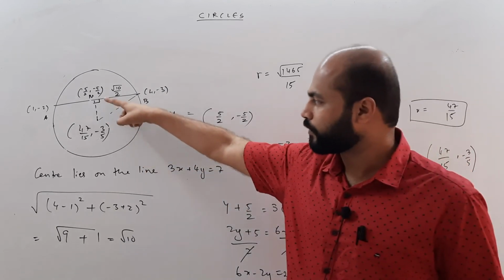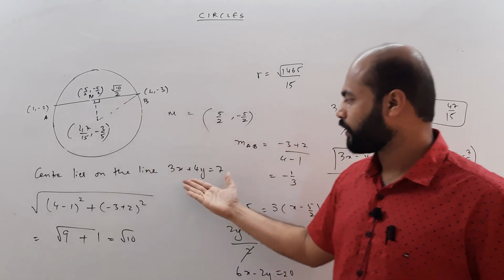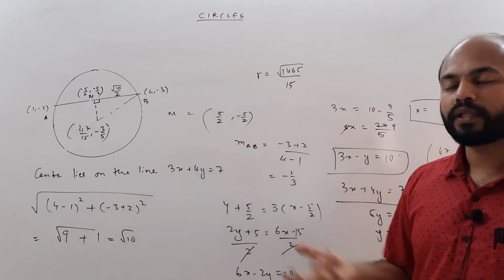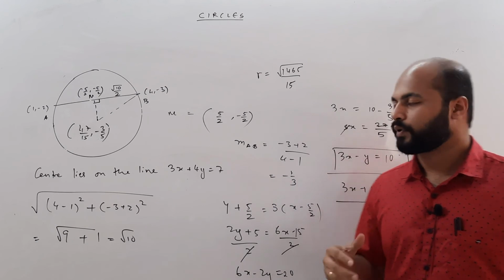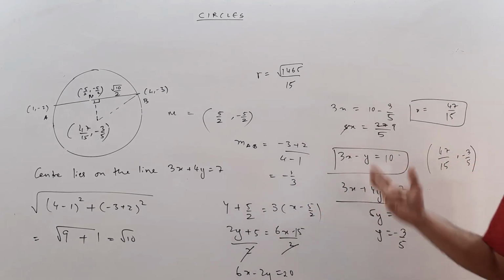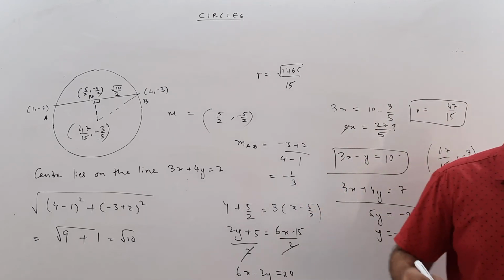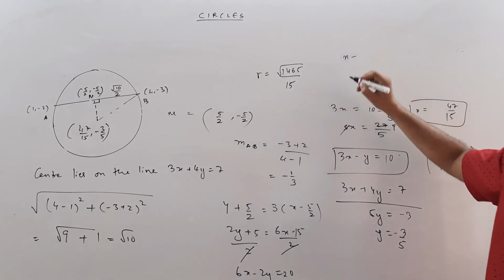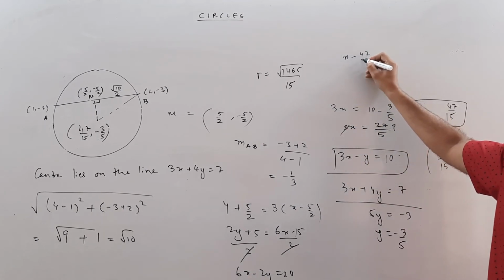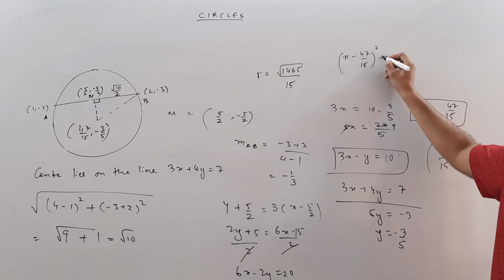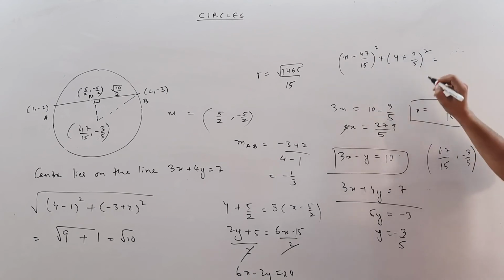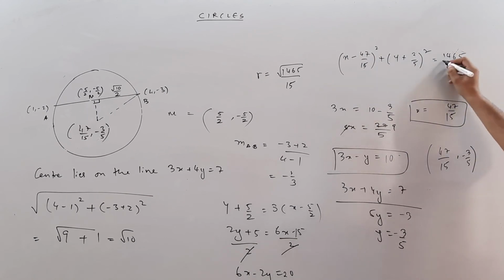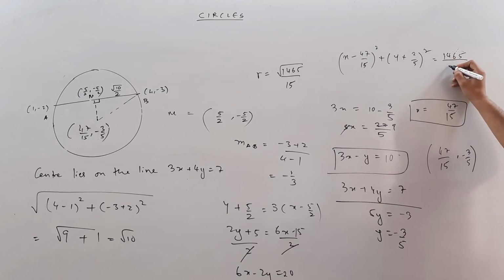We also generated the equation of this line. We had another equation, this line, and then we used both the equations to find the center of this particular circle. Once we found the center, we could also find the radius, and then obviously we can write the equation now as (x - 47/15) whole squared plus (y + 3/5) whole squared is equal to (1465/15) squared, which is going to be 225. So this is going to be the equation of this circle.